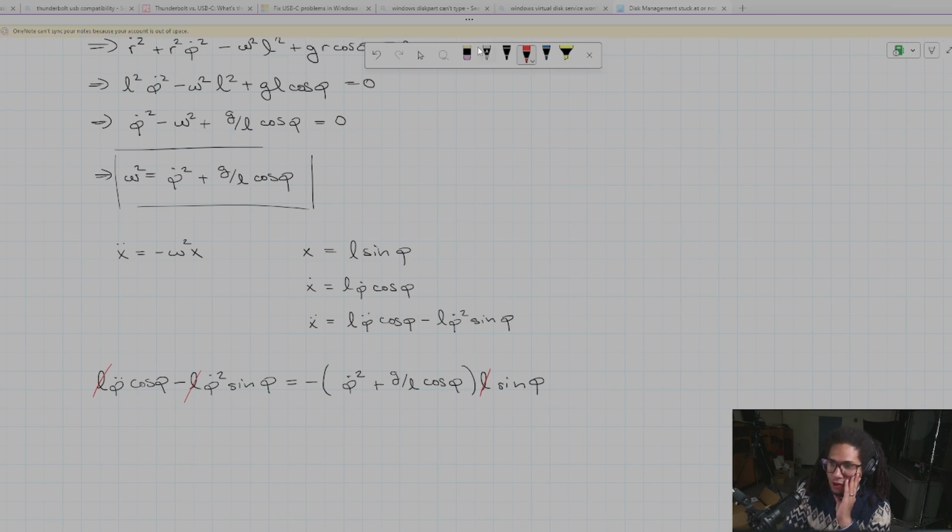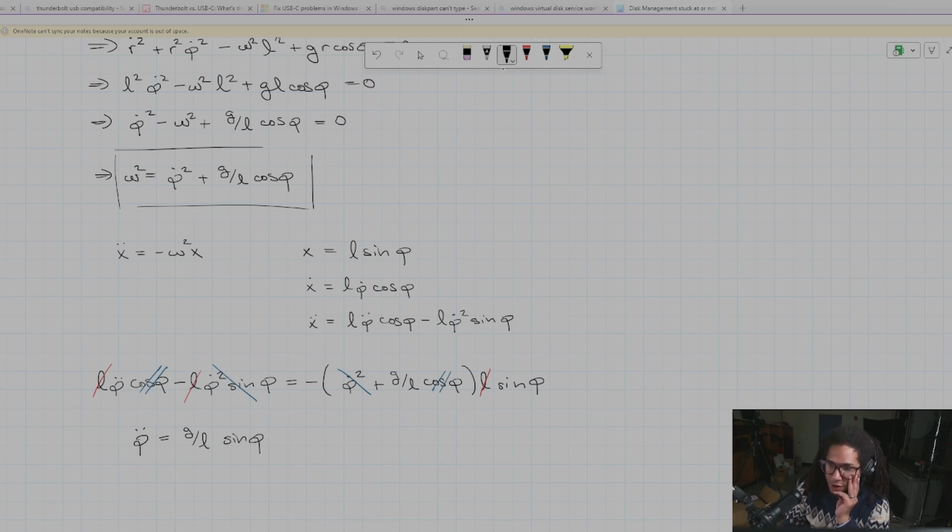I also see that I have a minus phi dot squared sine phi on the left-hand side and a minus phi dot squared sine phi on the right-hand side. So I can cancel those. Now everything just depends on something that's a multiple of cosine of phi. So I can scratch out my cosine of phi as well. And at long last, I get phi double dot is equal to g over L